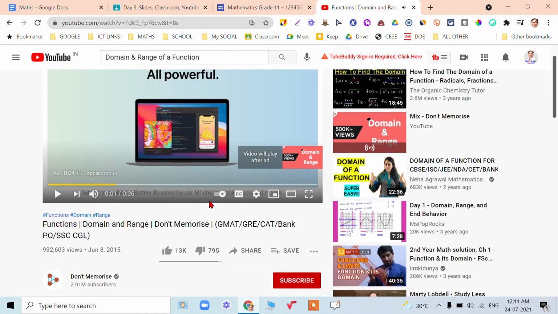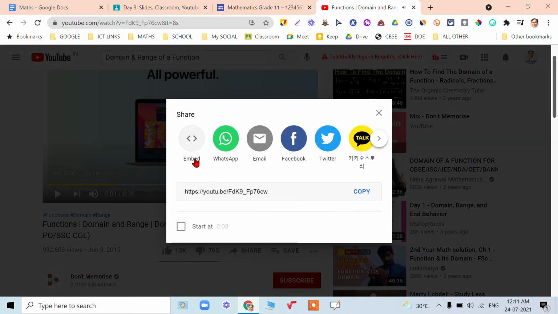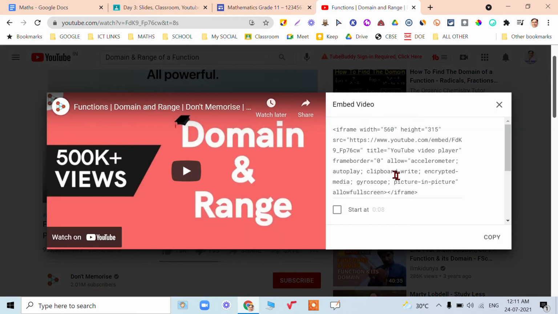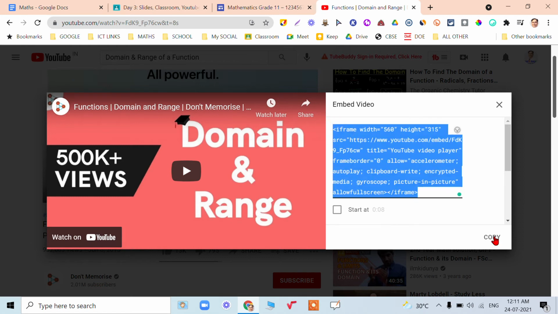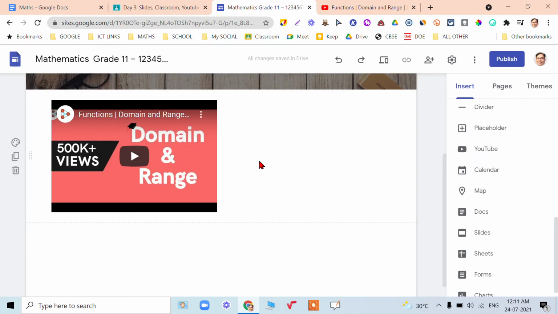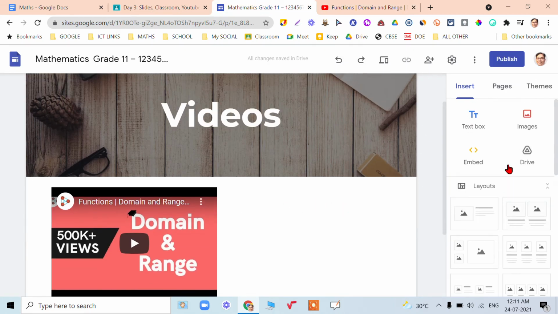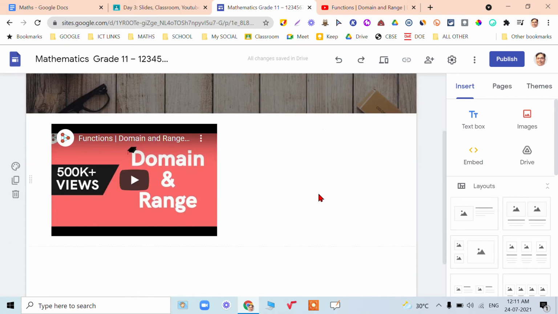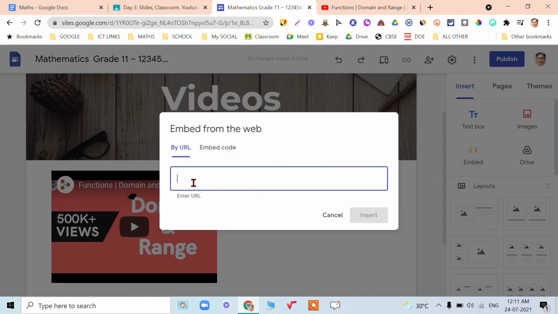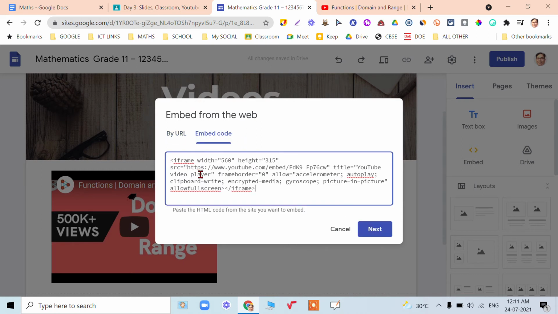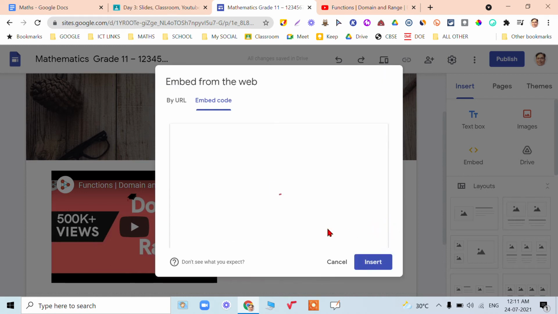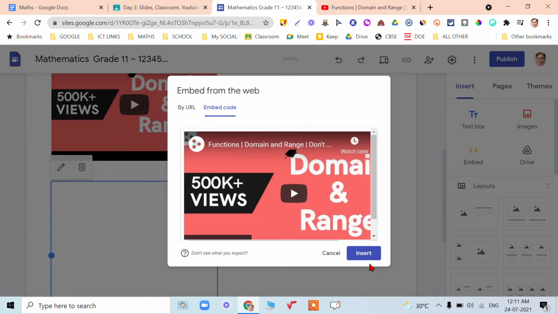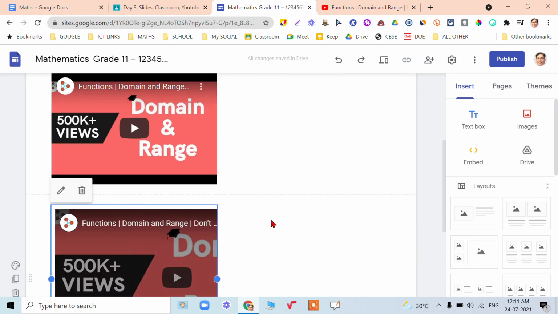Say this is the video, and click on share, click on embed, and you will have the embed code of this video. Just copy that code and come back to your site. Now we have the option for embed. Click on embed and we have the option of embed code. Paste that code and click on next and click on insert.